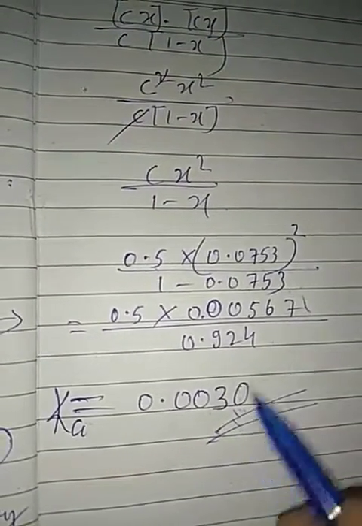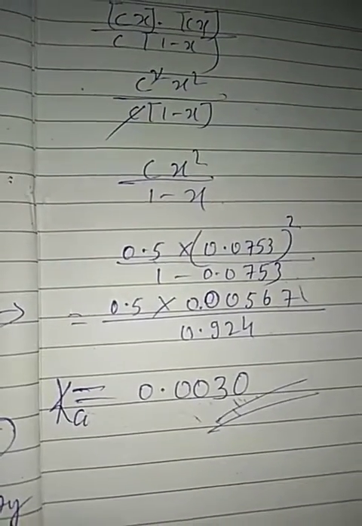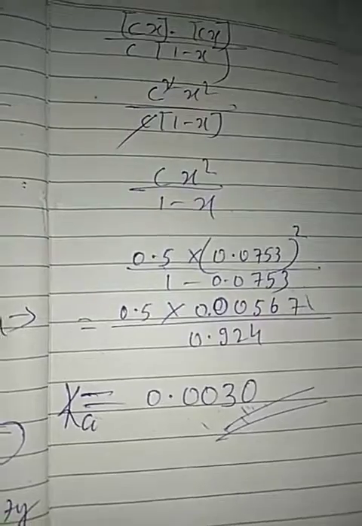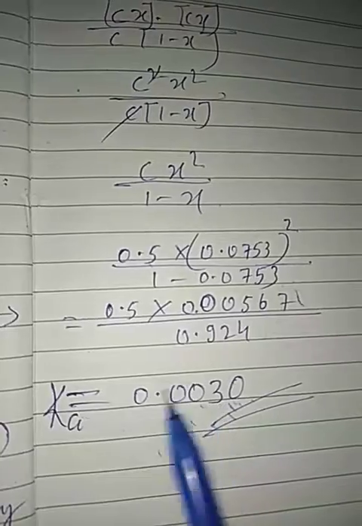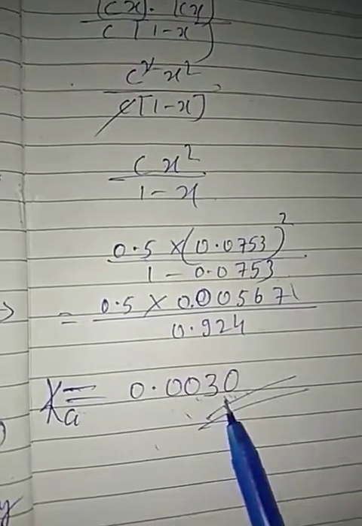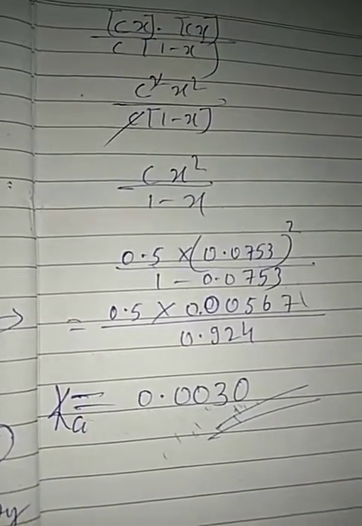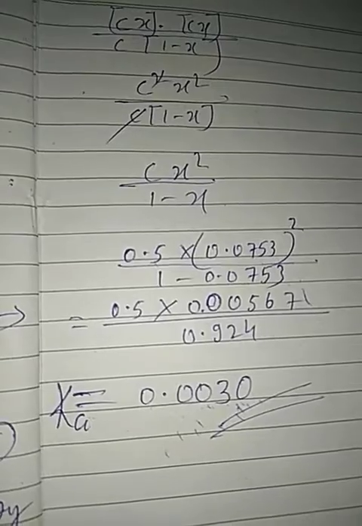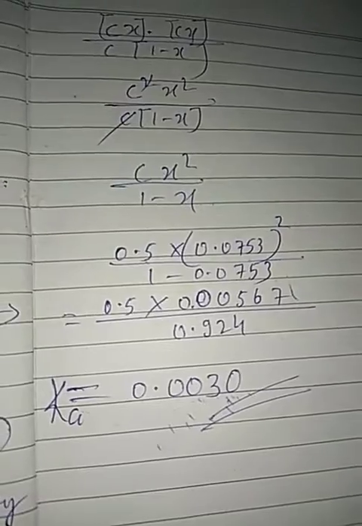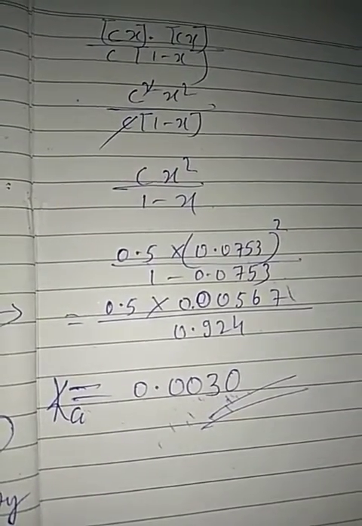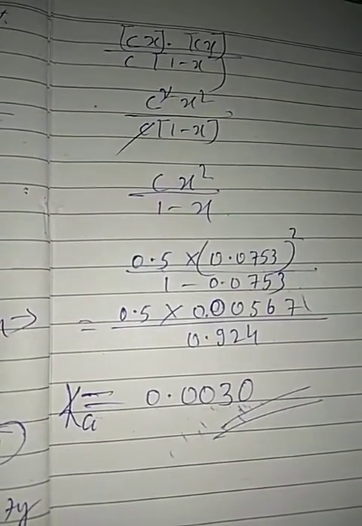This is the percentage of the fluoroacetic acid dissociation. How much dissociation occurs to attain the equilibrium? This percentage is dissociated. 0.0030 percent is dissociated to attain the equilibrium because it is a weak acid. Right, students? Whatever the weak acid is, a weak acid is partially dissociated. If it dissociates partially, it means a few molecules are dissociated to attain the equilibrium. Afterwards, the equilibrium is attained here. Right, students?